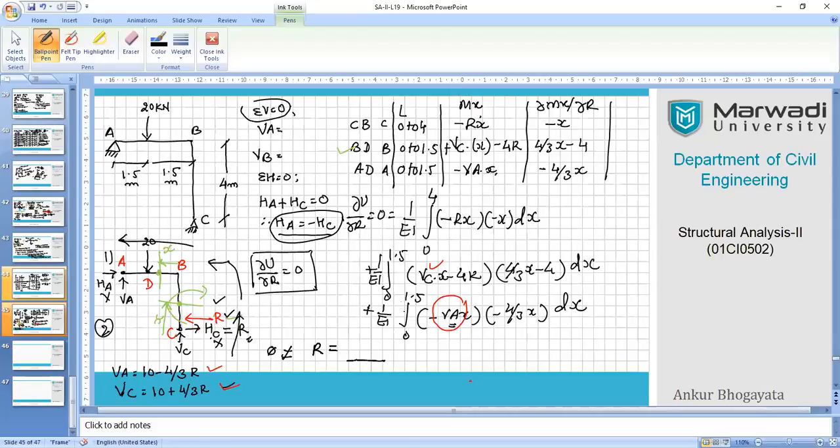So I think we should stop the session here because people are not responding in a desired way, and I simply don't want to have a pattern in this class. I don't know what is the reason, but somehow people have stopped responding, so I will also stop here, right? So unless you give me the R value from the audience, I will not be moving on with any of the new numericals.